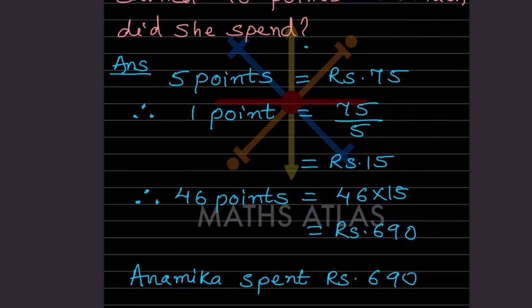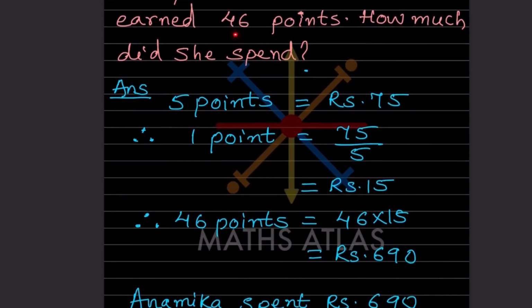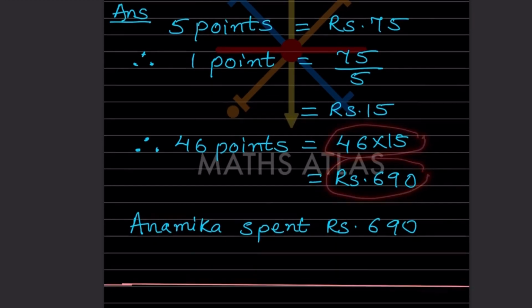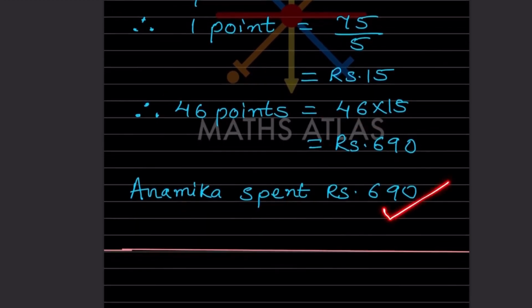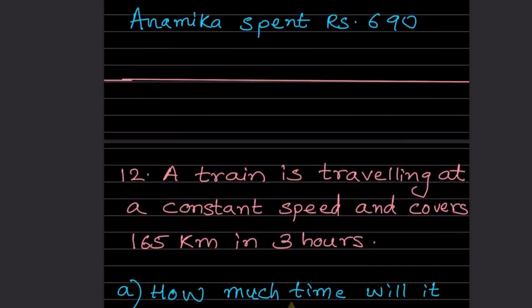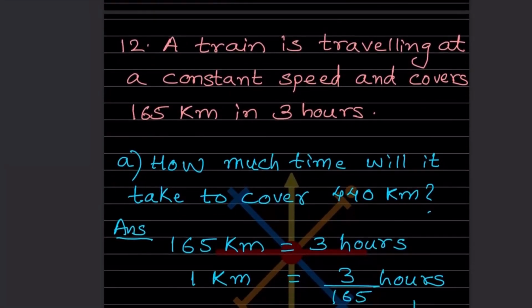So we want for 46 points. It is asked for 46 points. So 46 points, what are you going to do? You are going to multiply by 15. 1 point is 15. So 46 points is going to be 46 into 15. That is 690. So Anamika spent 690 rupees. Now the next one, a train is traveling at a constant speed and covers 165 kilometers in 3